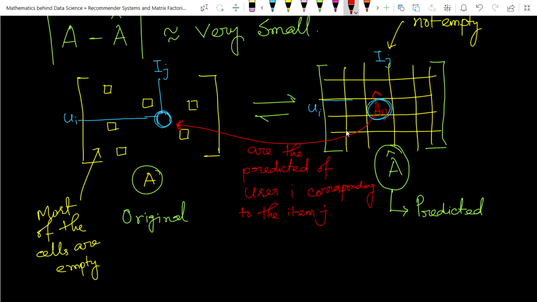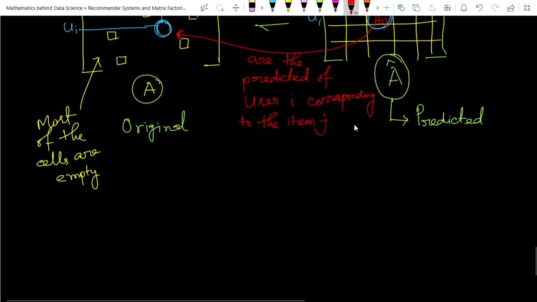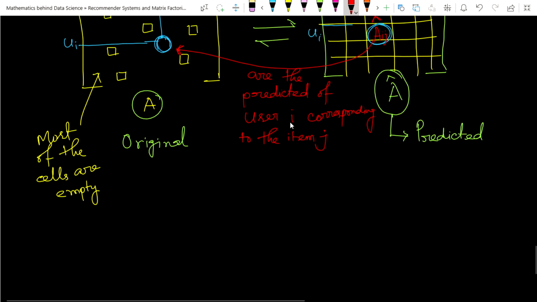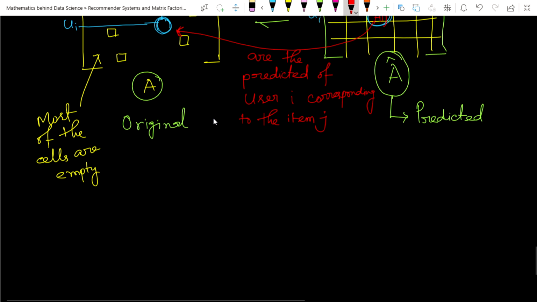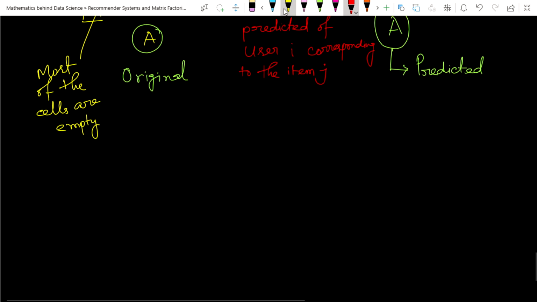Now based on this predicted value we can recommend something. If this is a very high value, then we will recommend it, otherwise we will not recommend it. That's the job that we have to do. This is the predicted rating, or predicted value, for this item j corresponding to the user i. So what we will see in this lecture is that we will connect matrix factorization